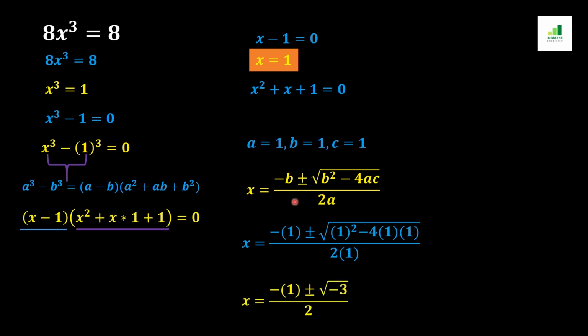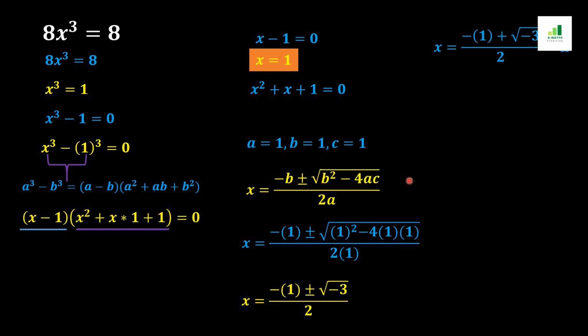And after simplifying this equation we should get -1 will remain the same, plus minus will remain the same, but the under root value will convert into -3, because when we multiply these three values we should get -4, and 1 subtracted from this -4 gives -3, over 2, because this 2 will multiply with this 1 and we should get 2. Now in the next step